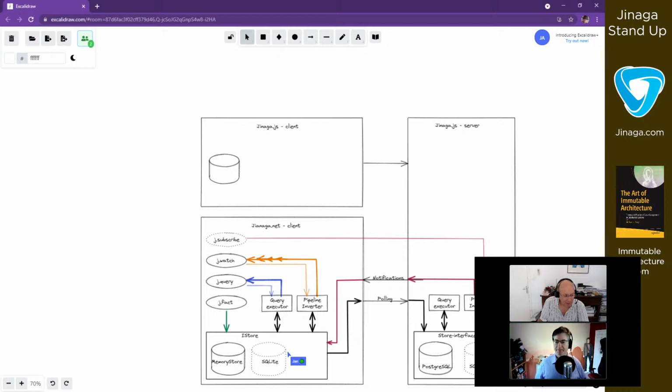Yes, that's the query all method. There's some work that goes into preparing it for query all, turning that expression tree into a pipeline, and that work is done outside of the store because it's the same for every store.